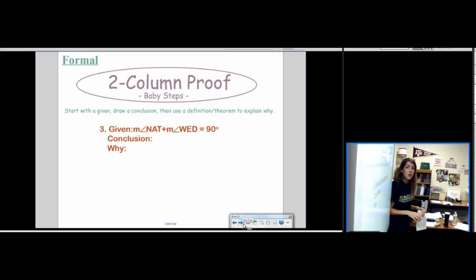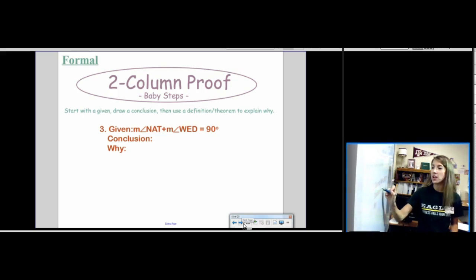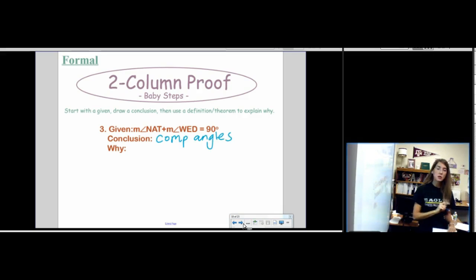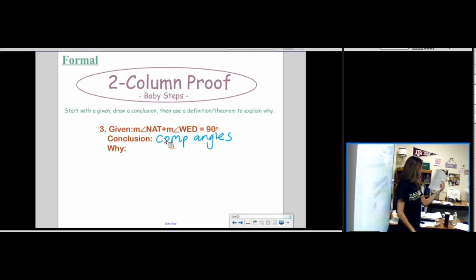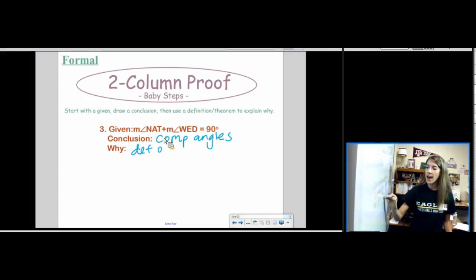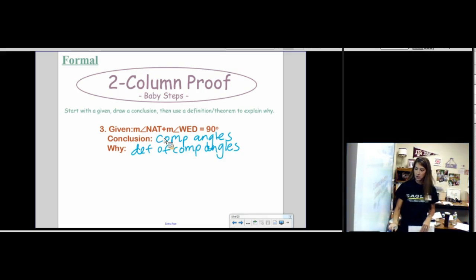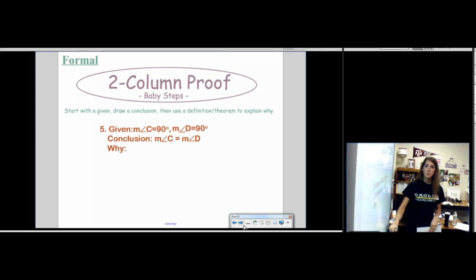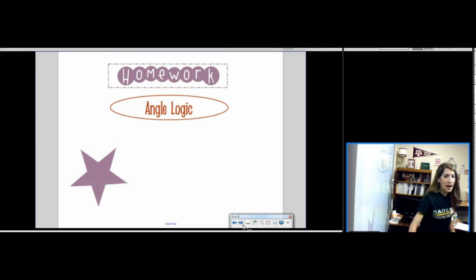Given the measure of angle nat plus the measure of angle wed equals 90. What would you immediately conclude? Those are complementary angles. Y'all are getting good at this. Those are complementary angles. And this one's probably not going to be a theorem. This one's a definition. What do I write? What's the why? Definition of complementary angles. That's not so bad. And it's on your sheet. They're all on here. All the ones you would need to use. Okay, so we're going to stop there, and I'm going to let you practice because I